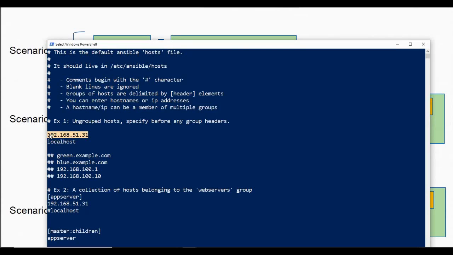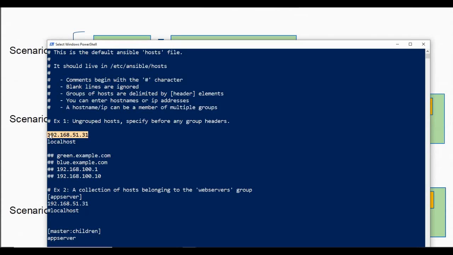Now it need not always be defined as an IP address of the targeted machine. You can write that as a domain name or a host name or a fully qualified domain name as well. So any way that you want to define the identification of the targeted machine, you can define that inside your inventory file.